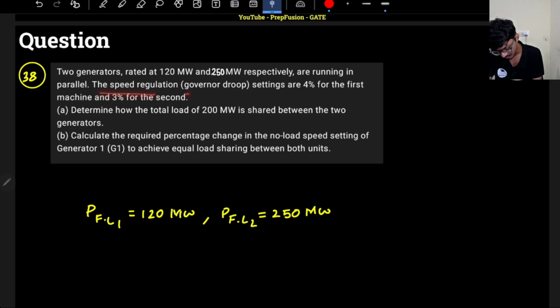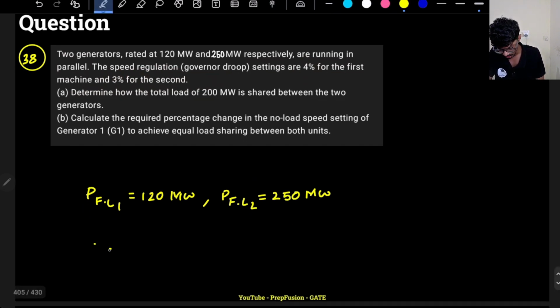The speed regulation governor Droop settings, I will explain what it means, are 4% for the first machine and 3% for the second machine. So they are telling speed regulation. Do you remember what speed regulation is? It is the same as voltage regulation, right? So speed regulation